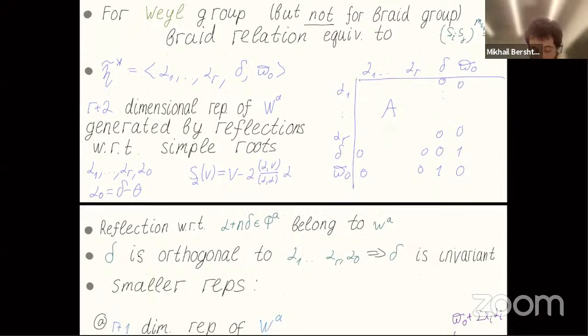We have a formula for this, and the affine group acts here, generated by reflections. So we have reflections with respect to these R roots and also with respect to alpha 0. Alpha 0 is delta minus theta, where delta is the imaginary root, and theta is the highest weight of the adjoint representation. For the SL R+1 case, theta is the sum of all alphas. Okay. So it is transparent to calculate the scalar product of alpha 0 with any of these, and so we define the actions.